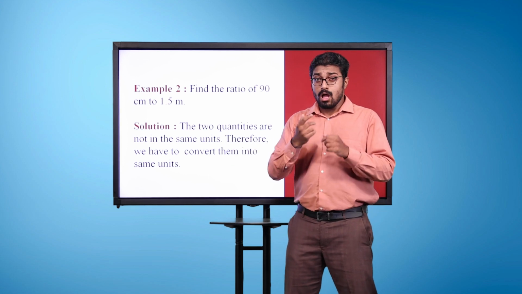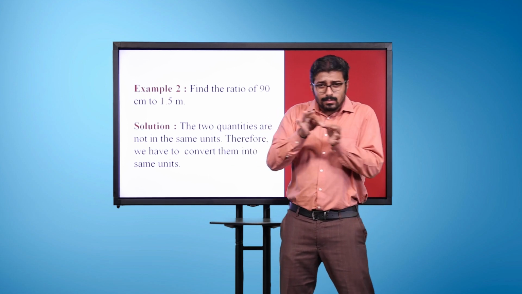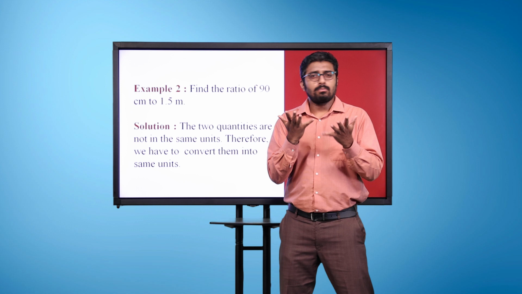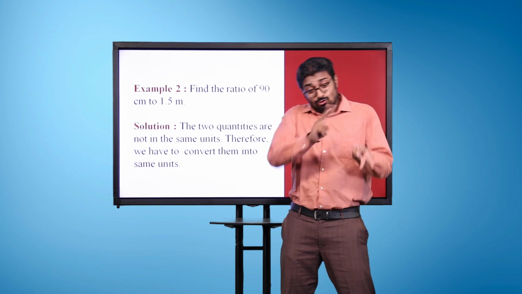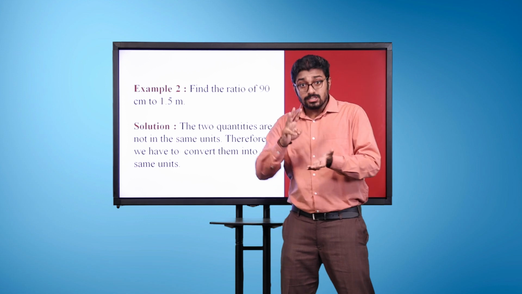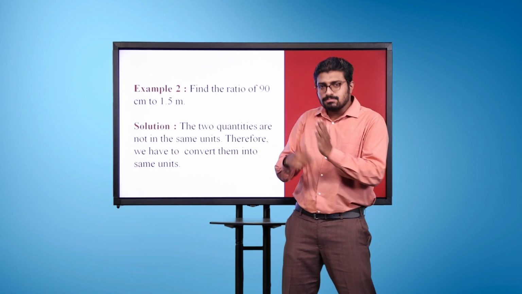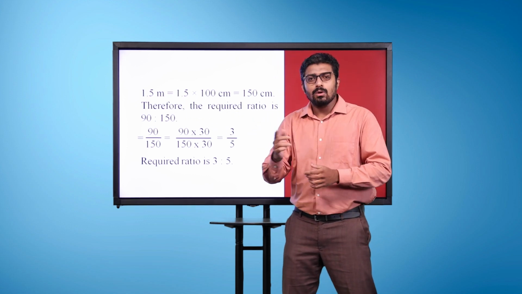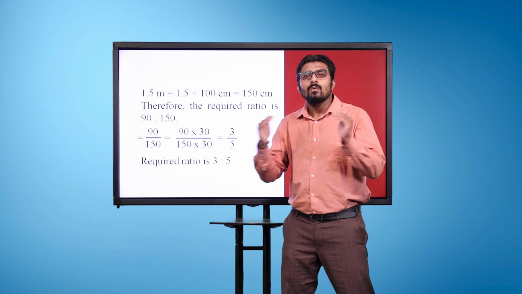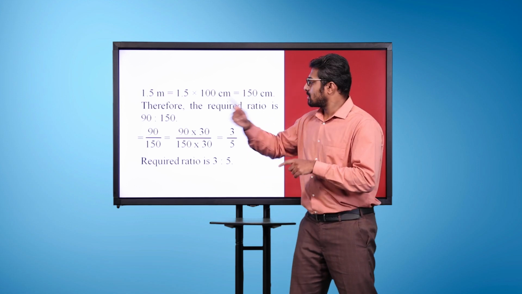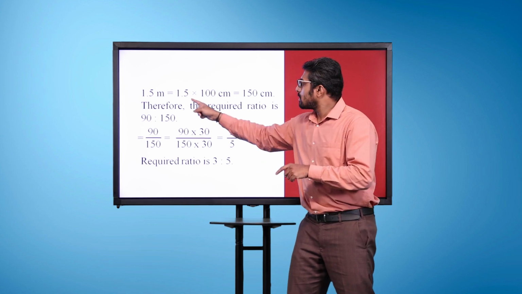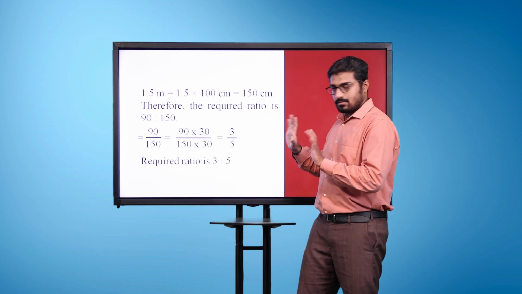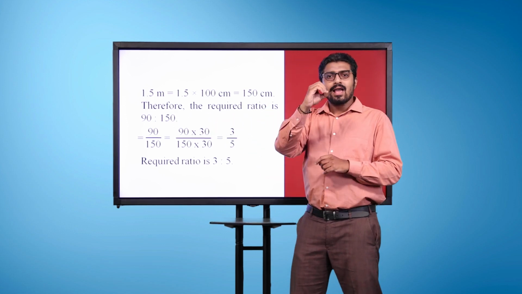Solution. The two quantities are not in the same units. Therefore, we have to convert them into the same units. 1.5 meters is equal to 1.5 multiplied by 100 centimeters, which is equal to 150 centimeters. Therefore, the required ratio is